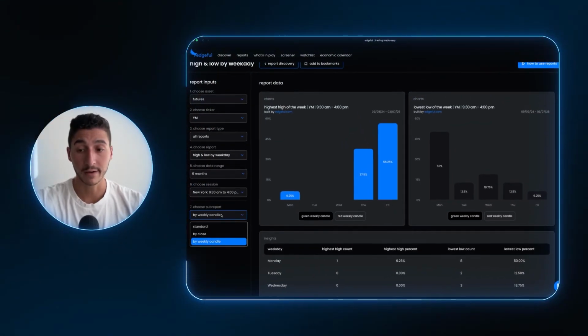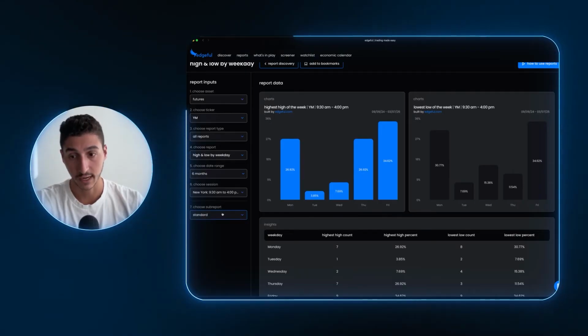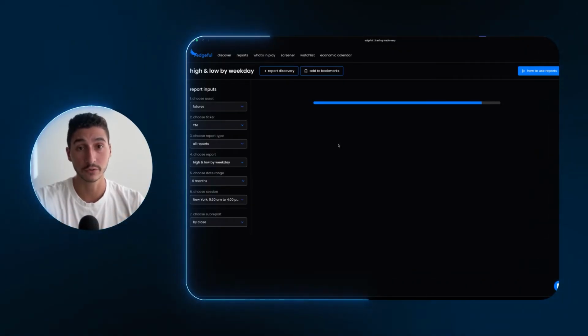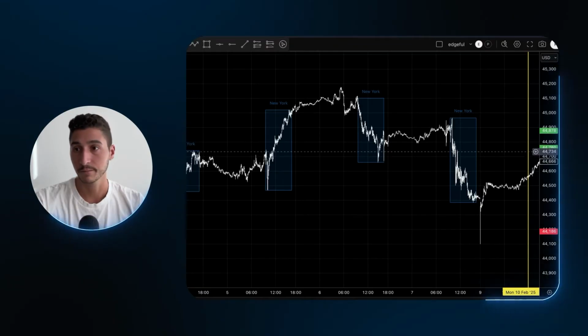We also have a by close. So this is a variation of the highest high of the week, which is the standard. We have a by close. So this is the highest close of the week. So in this case, on this week here,